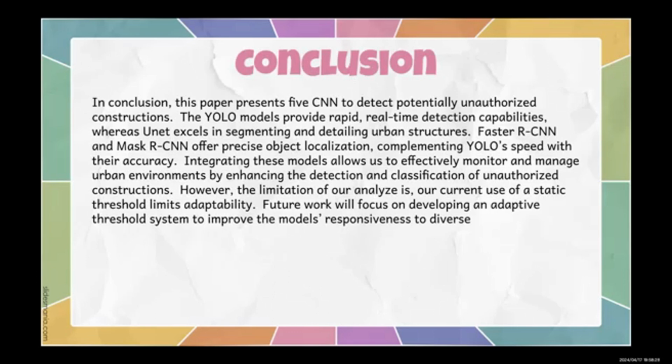Faster R-CNN and Mask R-CNN offer precise object localization, complementing YOLO's speed with their accuracy. Integrating these models allowed us to efficiently monitor and manage urban environments by enhancing the detection and classification of unauthorized